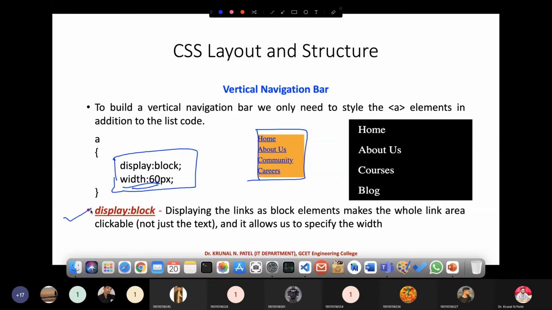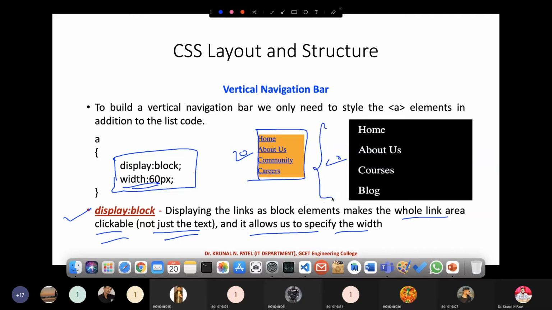It displays the links as a block element and makes the whole link area clickable, not just the text, right? And it allows you to specify a particular width. So you can see over here, one example is over here and the second example is over here. You can generate any kind of navigation bar.